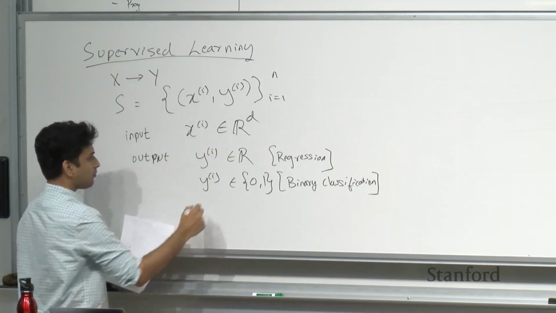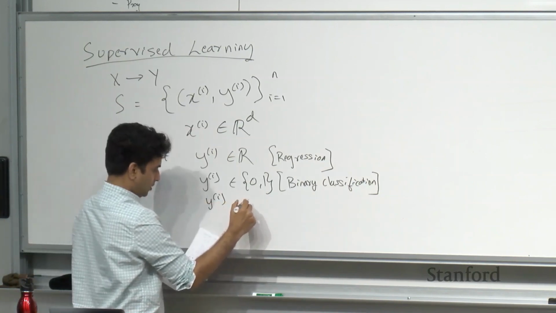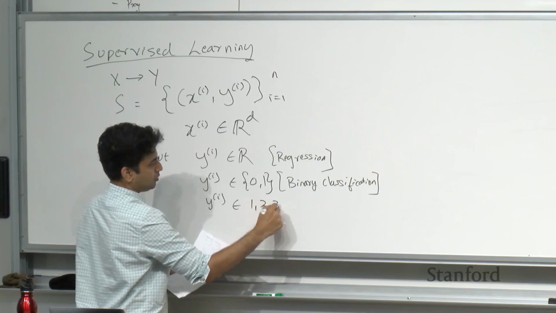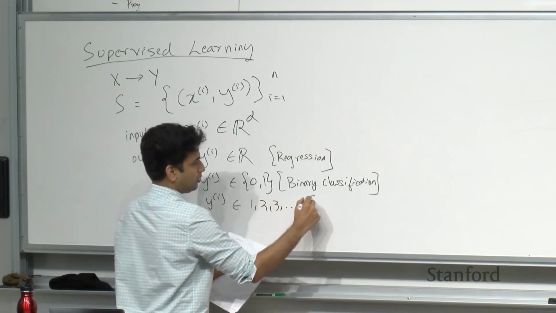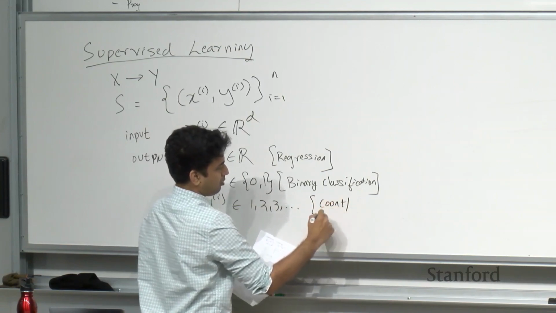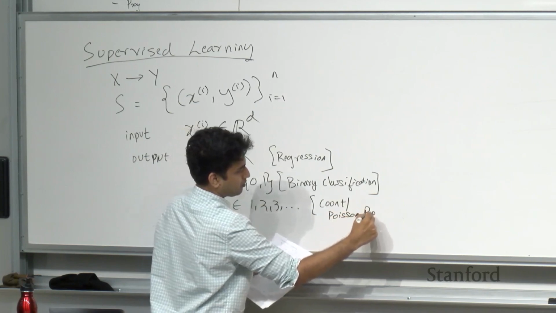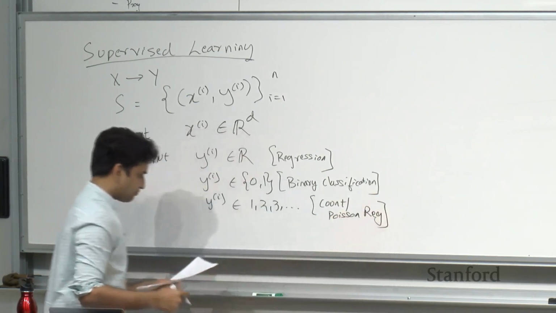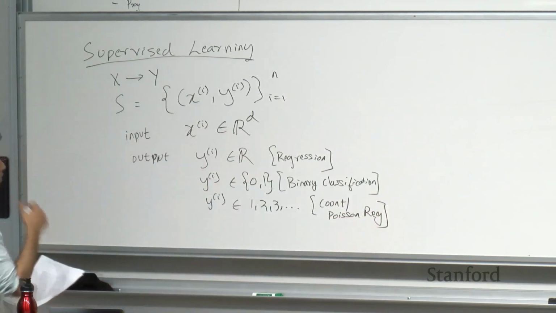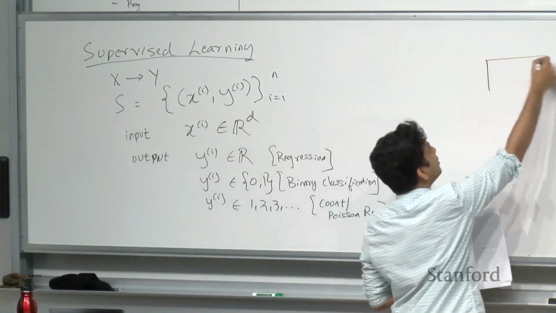Right? Yi could be integers 1, 2, 3, and so on, and this you can either call count or Poisson regression and so on. Right? And the overall workflow for supervised learning was to start with a training set,